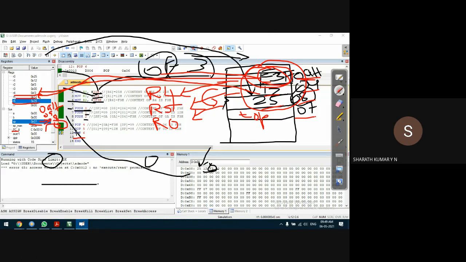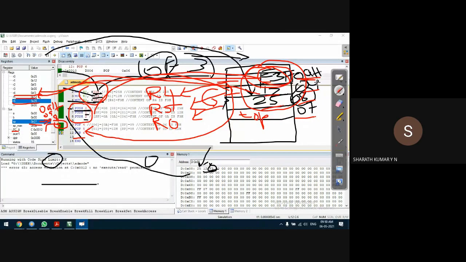So in this program, we have used the push and pop instructions, which are part of the data transfer instructions, where we transferred 3 bytes of data, the content of 3 registers, onto the top of stack memory, and then retrieved the data from the top of stack memory back to internal registers. So that's how the stack memory works.